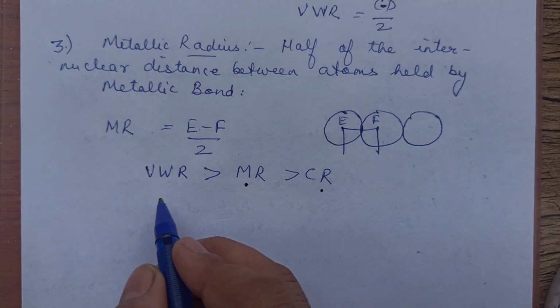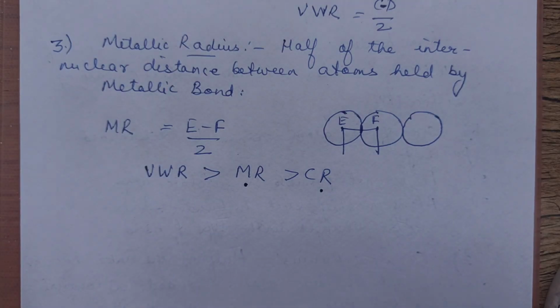So in the next video we will be talking about the variation of the atomic radius in group and period, because there are a lot of exceptional cases. I will take it in a separate video. Okay, fine. Please make notes.